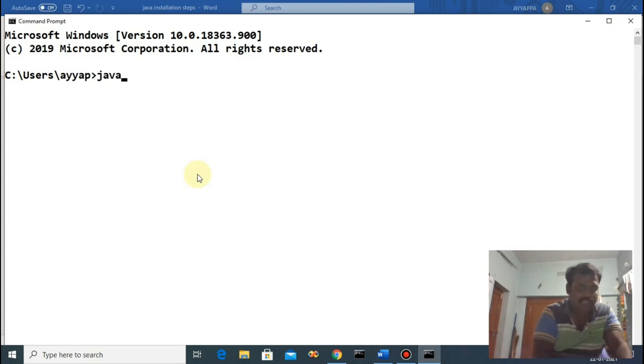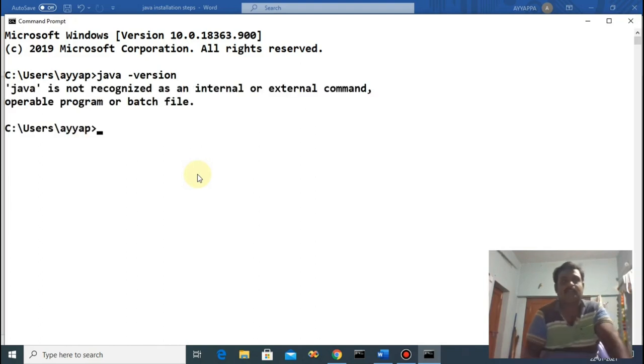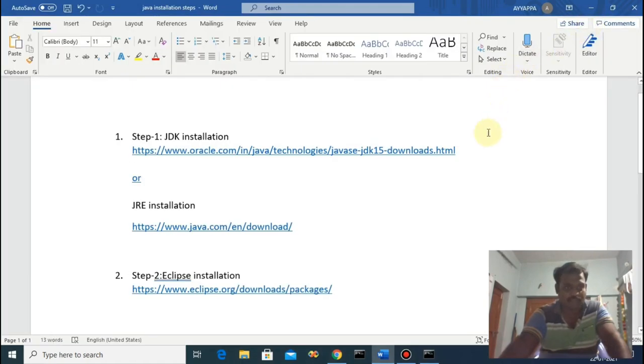Here type java space hyphen version and press enter. If it displays 'Java is not recognized as internal or external command', that means there is no Java software in your machine. Then minimize this command prompt and go to step 1.